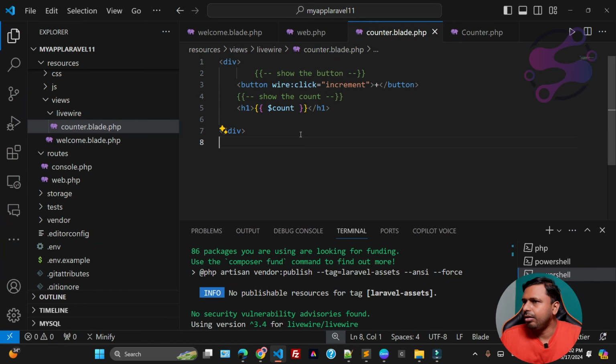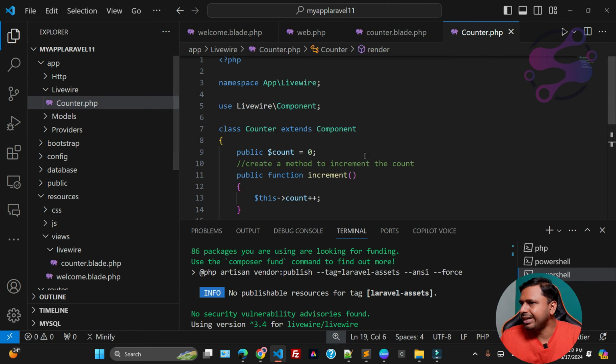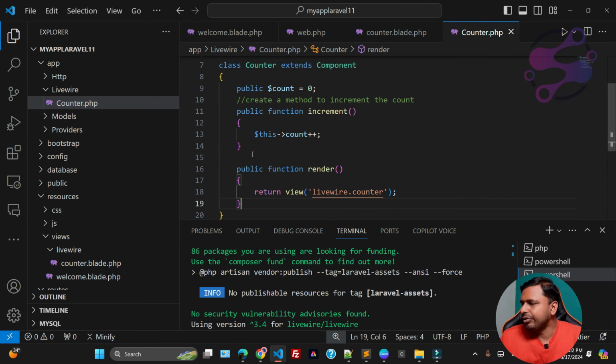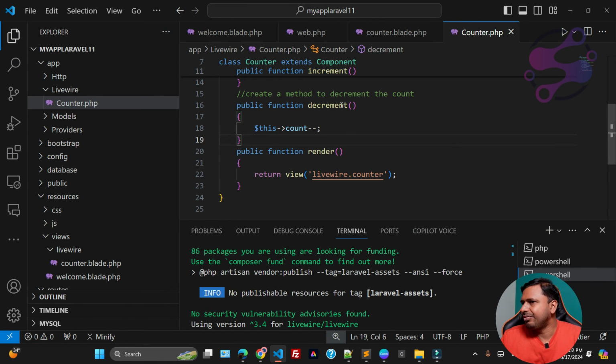If you go to the counter here, you can create as many methods as you want. Since you are just incrementing this variable, let's suppose I'm going to create another function. Public function decrement, and now I'm saying minus minus. So we have created another method here.